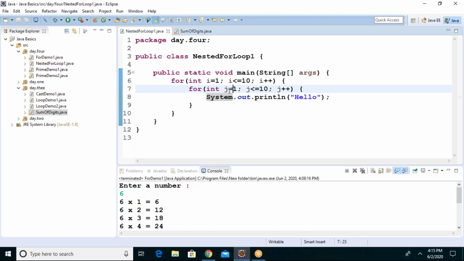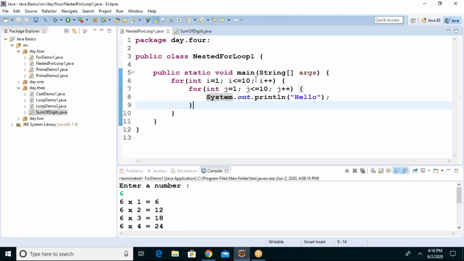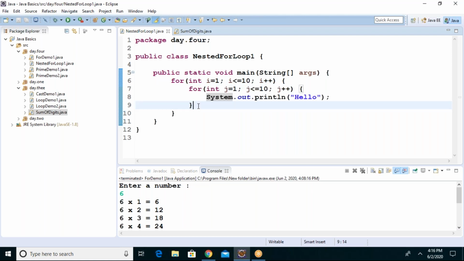When you restart from the beginning, again it will run 10 times and leave the control. After finishing 10 times, first 10, second 10, 20 times, then i will be incremented by i plus plus. Then again it will be tested, 3 is less than or equal to 10, because i becomes 3, right? Once i equals 3, then it will restart the j value from 1 to 10, guys. Do remember. So like that, when i equals 10, this will also be 1 to 10. So 100 up to 100. Am I clear? So exactly it will match the loop, or rather, match the output.